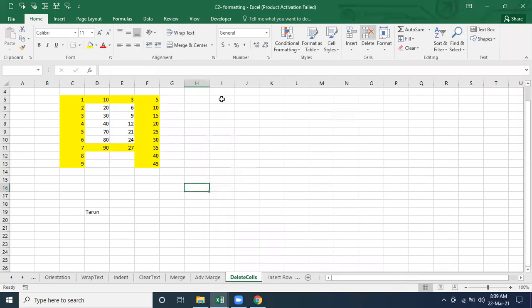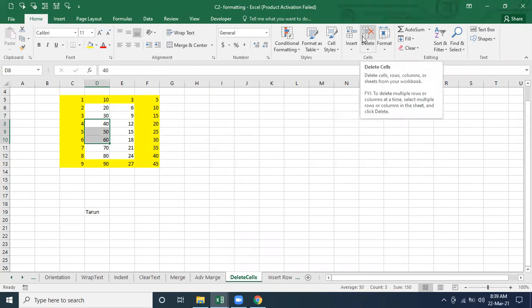But the thing is, I'm going to tell you a story here. Now I'm going to delete this one. What will happen if I click on it? Those three, 70, 80, 90, will shift up too, right? Okay, so observe carefully.